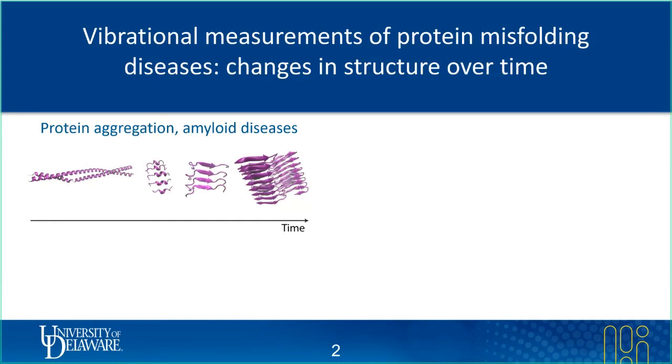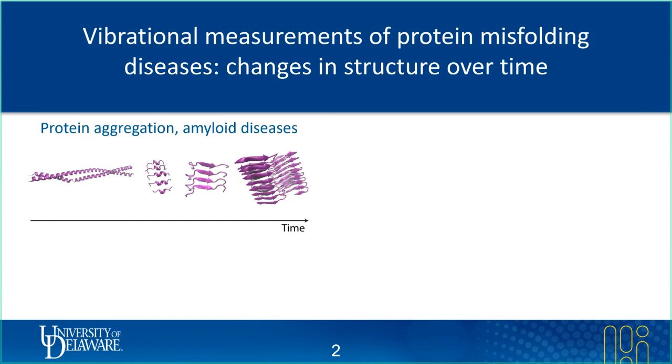Vibrational measurements of protein misfolding diseases can tell us a lot about how these protein structures might change over time. On the left here, I have a cartoon that I made thinking about how proteins aggregate in things like amyloid disease. A protein or peptide might have a native structure like the alpha helix on the left that gets disrupted. Maybe there's oxidative stress, maybe there's other forms of damage present, and that causes this structure to cleave, break down, or misfold in some way,